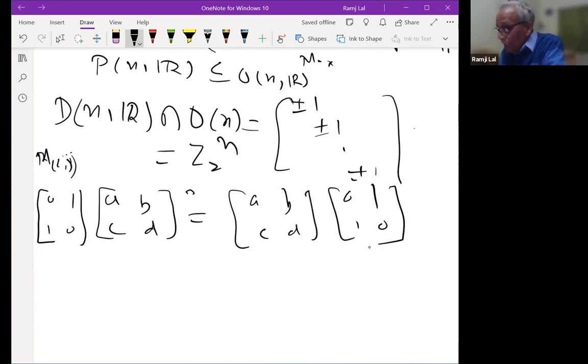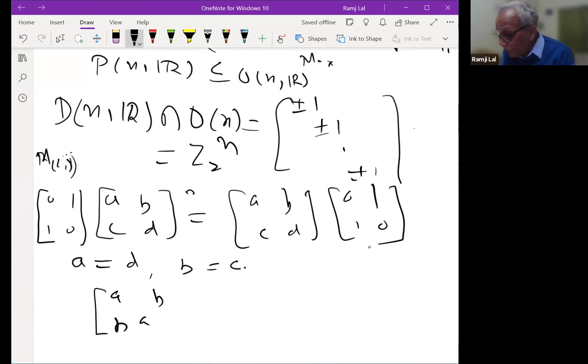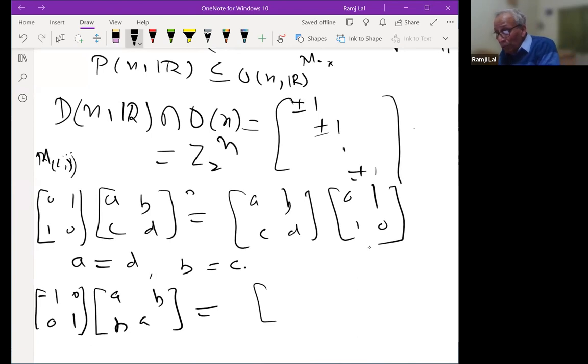So if that is the case, you easily observe here that A is equal to D and B is equal to C, right? A is equal to D and B is equal to C. So the diagonal entries are the same, and it is a symmetric matrix. And you just make it commute. So here is your A, B, and suppose you make it -1, 0, 0, 1. This is an orthogonal matrix. So in that case, you will see that B is minus B. So B is minus B. That means B is 0.